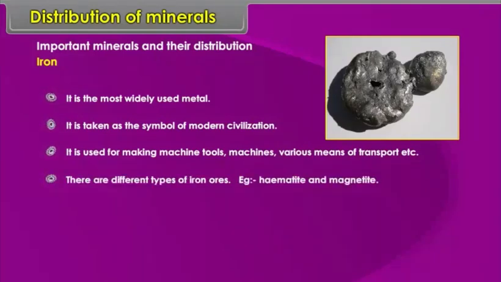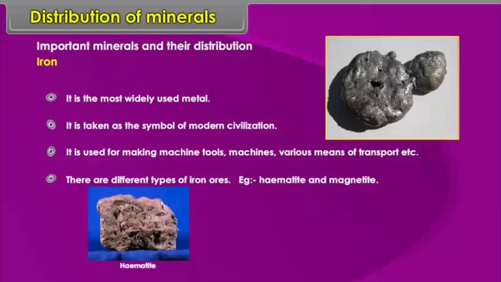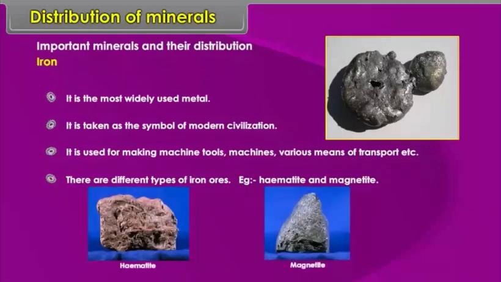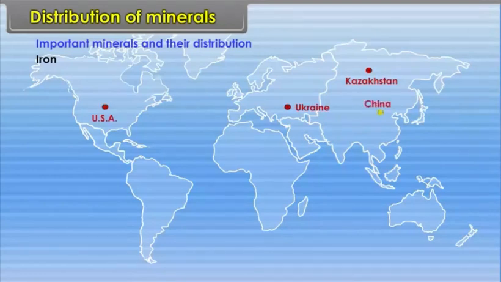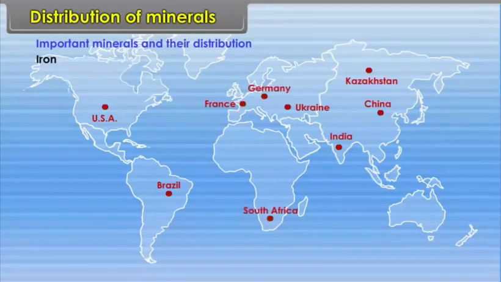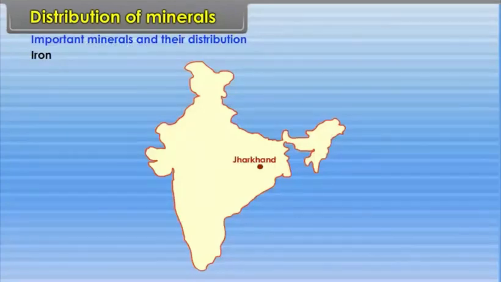There are different types of iron ores. Example: hematite and magnetite. Location: World: Ukraine, Kazakhstan, USA, China, India, Brazil, France, Germany, South Africa, etc. In India: Jharkhand, Orissa, Chhattisgarh,